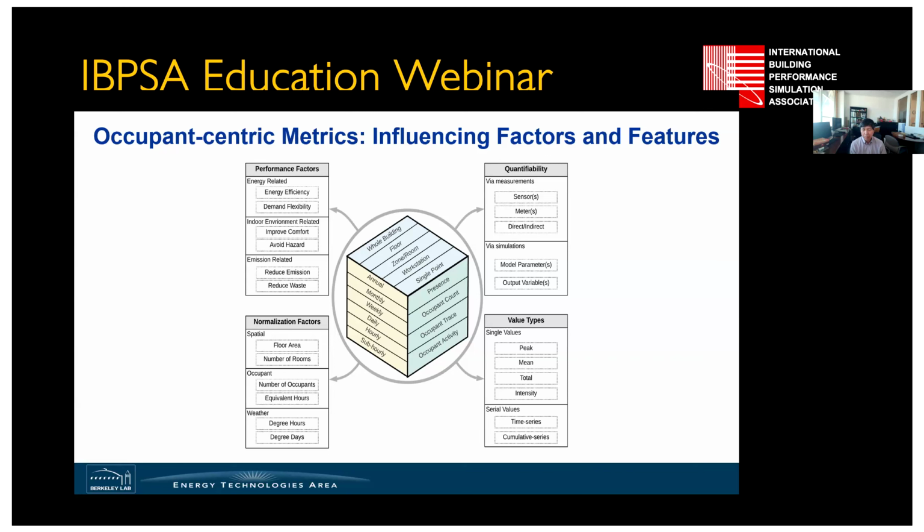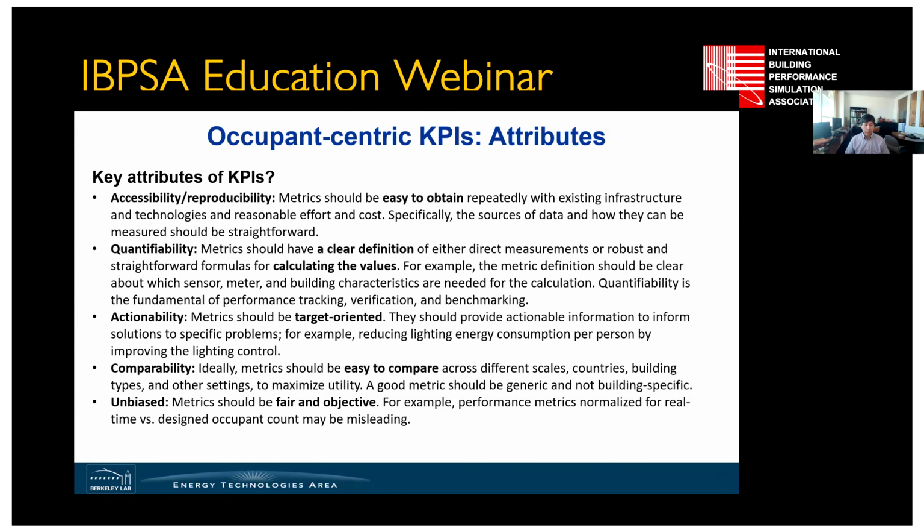Those KPIs are sometimes single values, like average consumption or peak demand, but sometimes they are time series values, like 24-hour profiles to represent load shape, so it's not necessarily always a single value. It can be a monthly value or it can be a profile. The key attributes we would like to see for a good KPI include, for example, being easy to understand, whatever KPI we try to use.